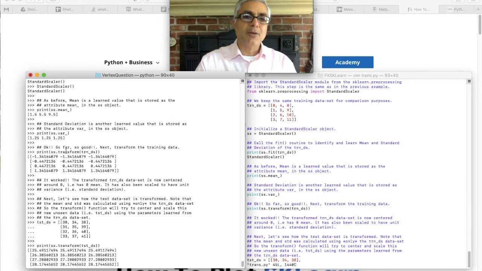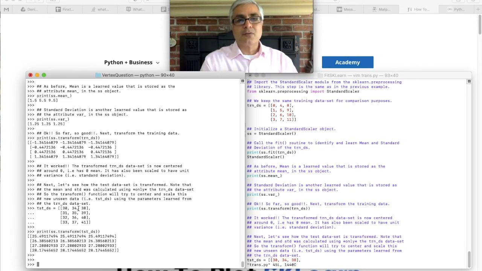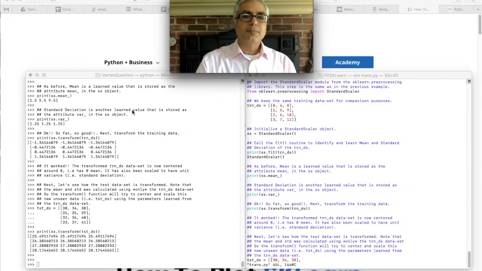So we apply the transform first on the training data, and then on the test data. Again, for simplicity, I use just a uniform simple test data: 30, 31, 32, 33. It's far from my original training data. It's slightly different. So note here that the transform method is used on the training data first, and then again on the test data.